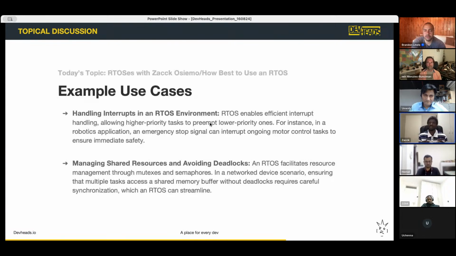As with bare metal development, you still get mechanisms for handling interrupts in RTOS environments, and they now enable you to have interrupts of different priorities. I think I covered this in one of the Zephyr threads, where I showed how priorities could interrupt each other, and a task of higher priority could come in.